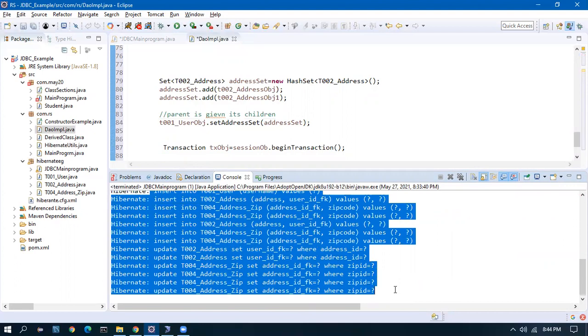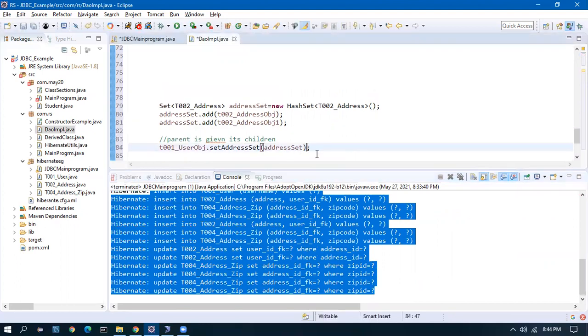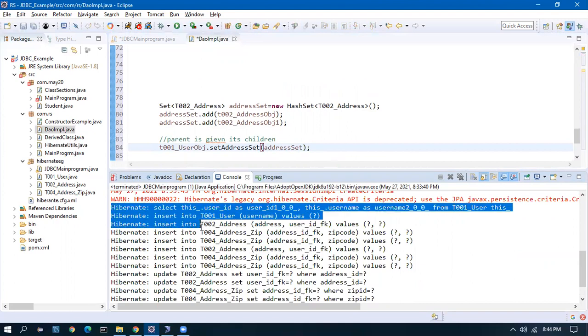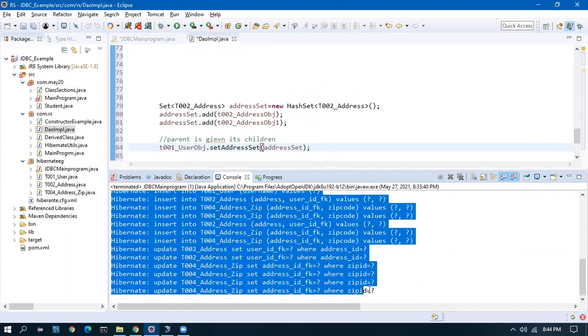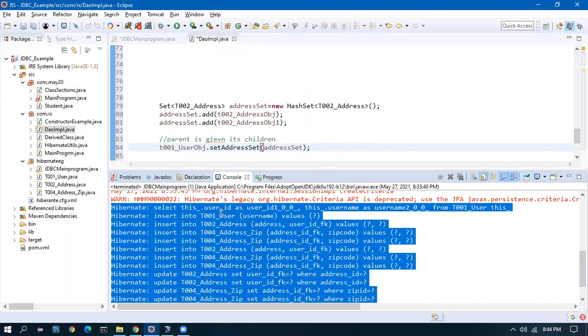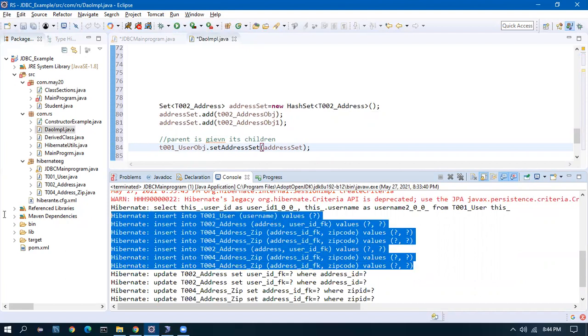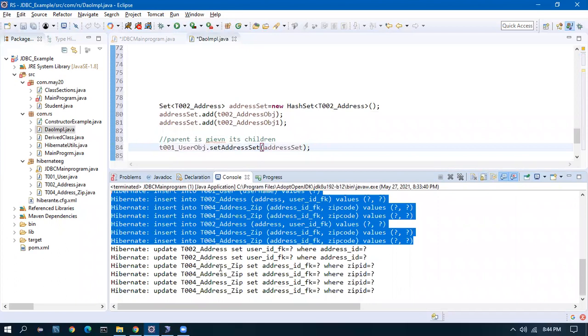Could you please repeat the last statement what you said, Rajesh? With an expert JDBC guy, writing these many, inserting into user, address, so 1 2 5 tables, 6 7 8 inserts, and 1 2 3 4 5 6 7 updates.